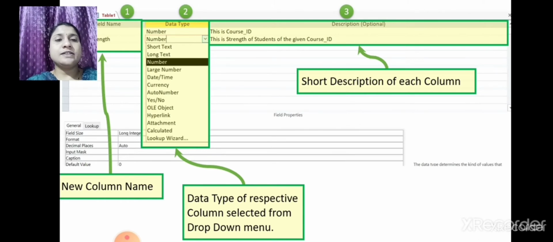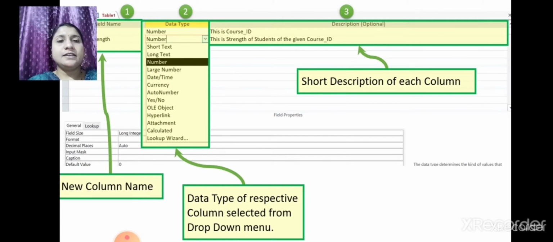In number you can see the data type of respective columns is selected from the drop down view. Then hyperlink, attachment, calculated and lookup wizard. So like this, whichever data type you want, whether it is text or number, you can select.